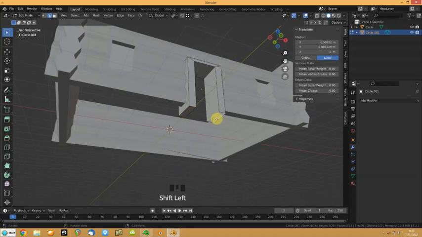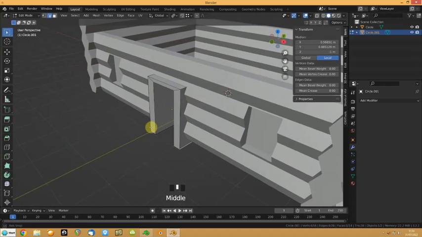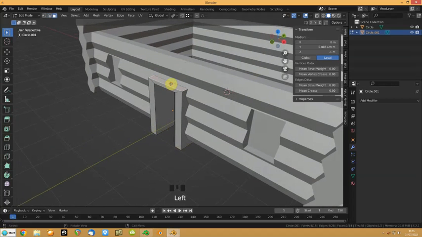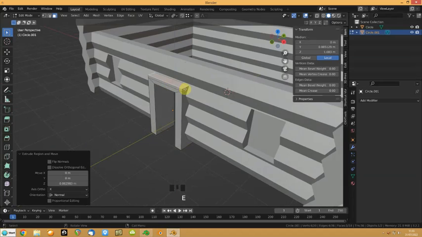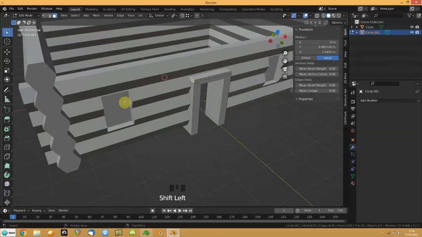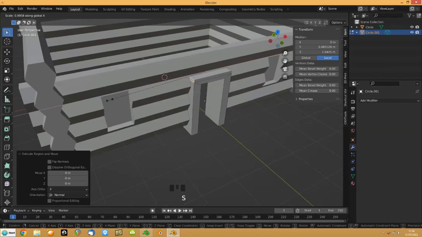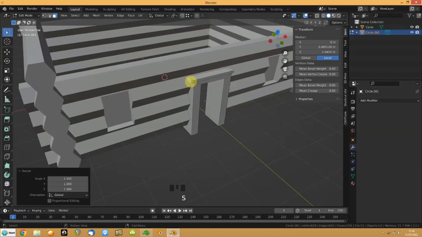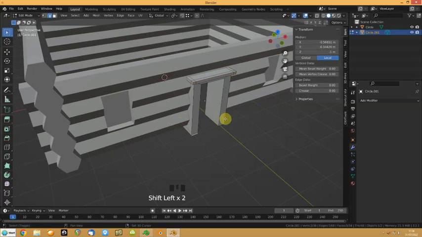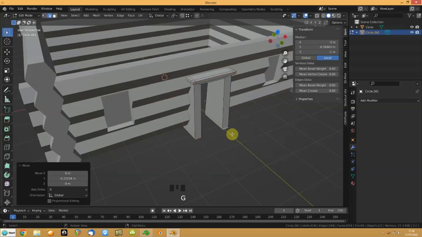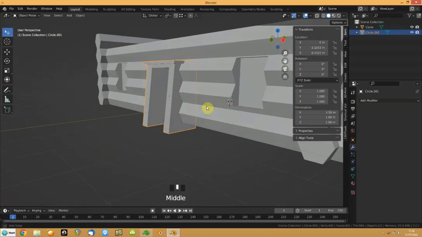I'm not saying this is the most efficient way of doing it, I'm just showing you there are multiple ways of doing it. And then I can select that, I can extrude it up, E return, scale on the X, make sure it's median point, it's trying to scale on individual origins so it won't go anywhere. Extrude that out, grab those two, G Y, and that would be